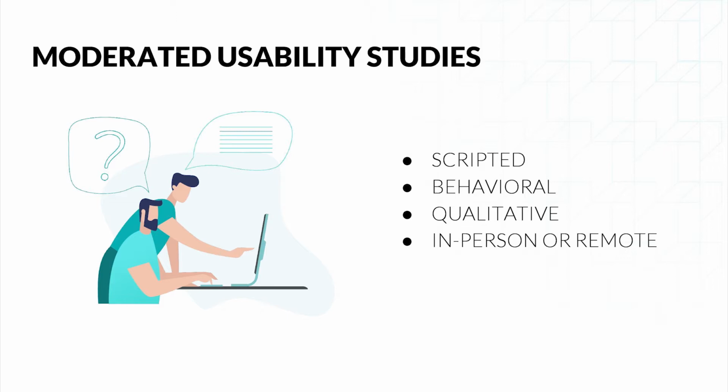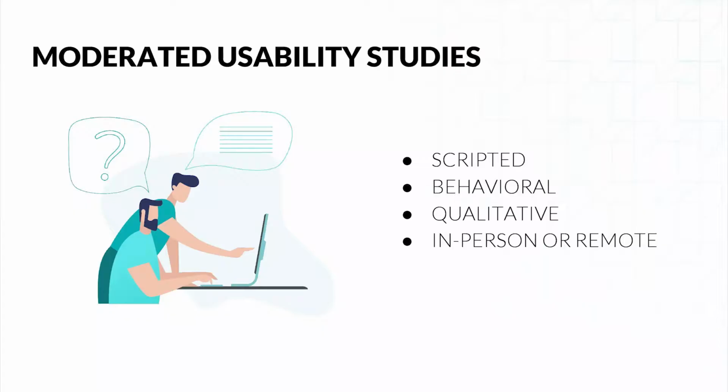Then, second one, it is behavioral. So we are observing people, what they're doing, instead of just asking a question about what they're thinking about the product, right? Because as I mentioned, what people do and what people say they do are totally two different things. And we want to make sure that, for example, the navigation that we created within the product will be usable for the user, that they will be able to find themselves within the information architecture. Or, for example, they will understand how to use a specific feature, right? So it's not about asking them whether they know. It's about, let's do something and then observe them and then figure out if they know, right? And then, above all, it's qualitative,